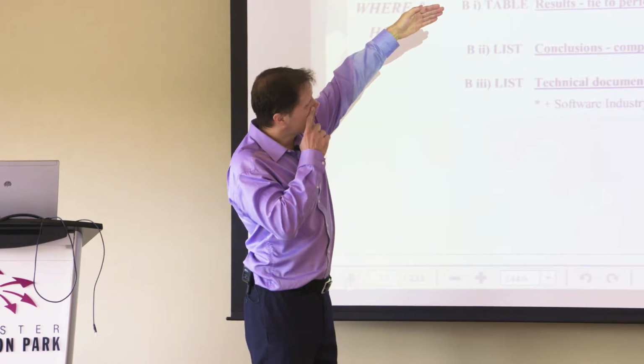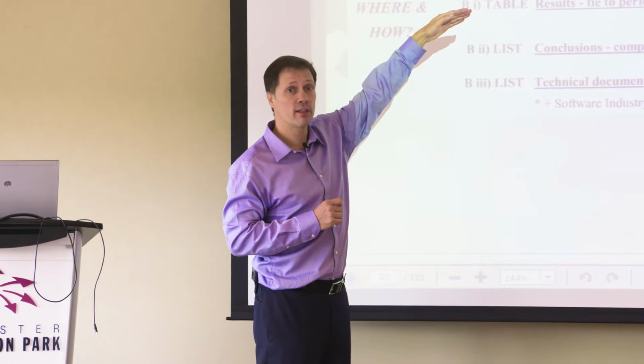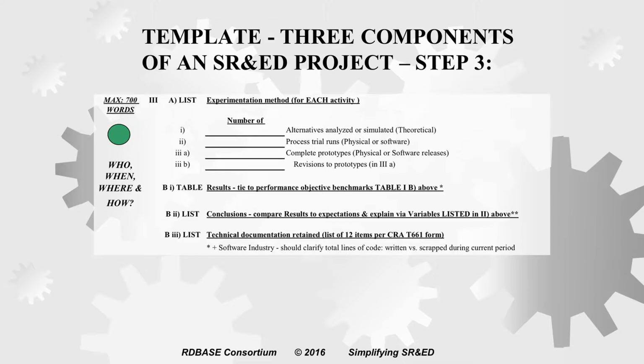So I'll not only try to talk about how many of a different thing did I do, but to appreciate that certain things take less time. So when I look at alternatives or simulations, I can often simulate things on a computer. I can do 1,000 alternatives in seconds or maybe hours. Okay? But then typically what happens is I take some of those ideas from my models and I go on the shop floor and I run it through the processing line.